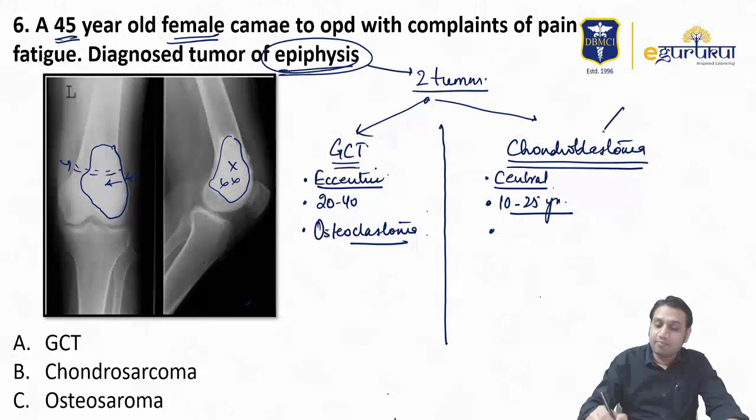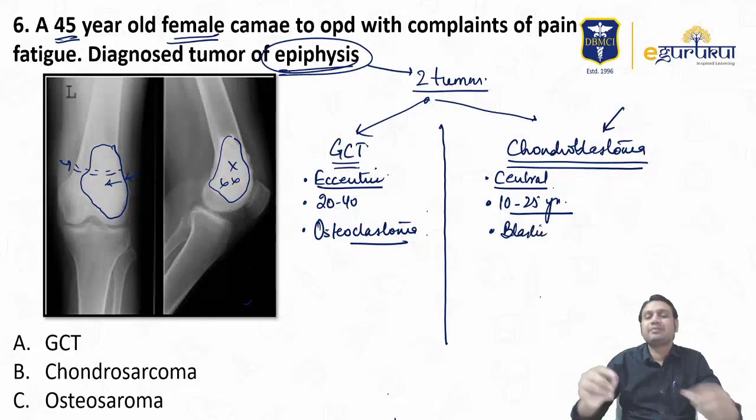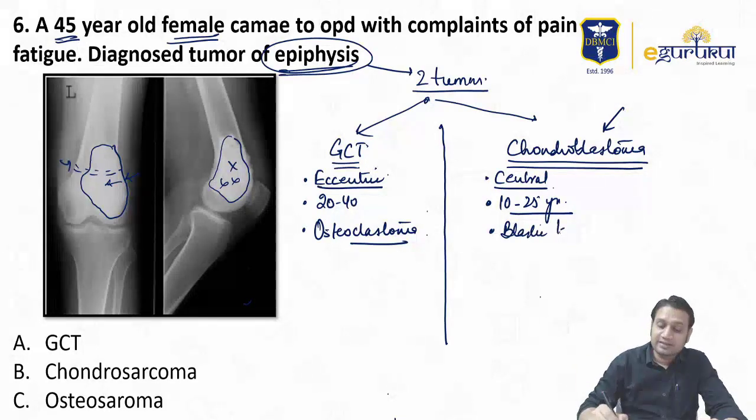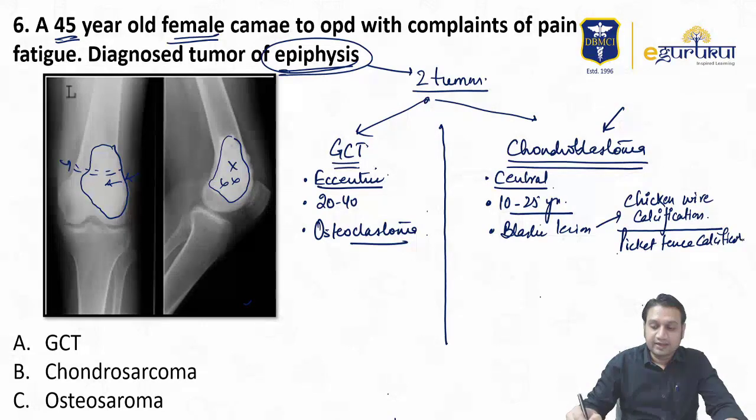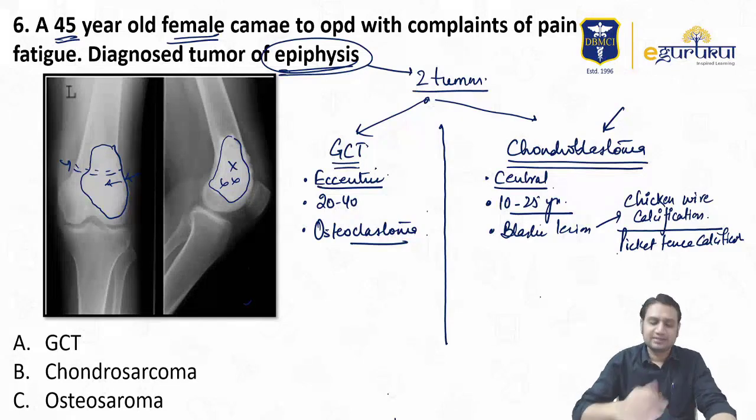And this is chondroblastoma. Blastoma means a blastic lesion. So you should be able to see a blastic lesion, and blastic means you should be able to see bony formation. How has this blastic lesion, this bone formation, been described in literature? As a chicken wire calcification, or picket fence calcification. Right? So you should be able to see multiple dots. Although the image given here is not correct, it is a cemented image, if a tumor is given to you, that is how they will present it.